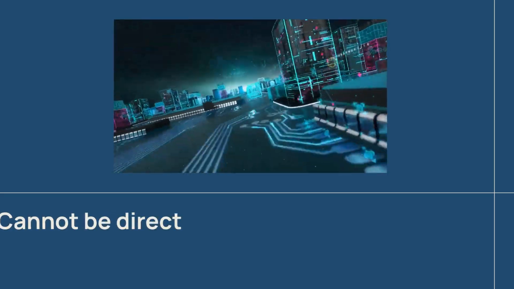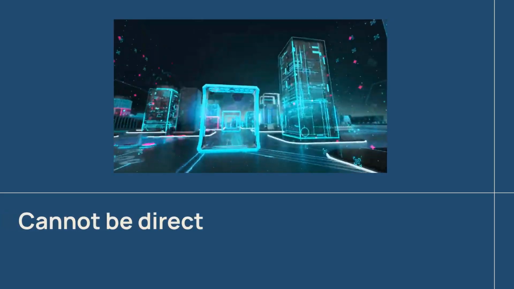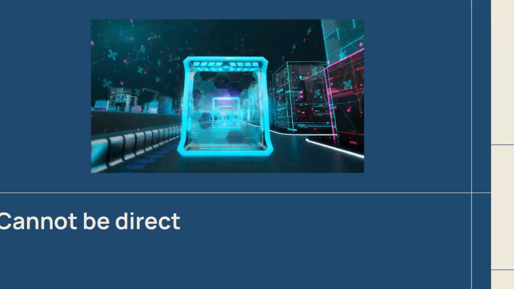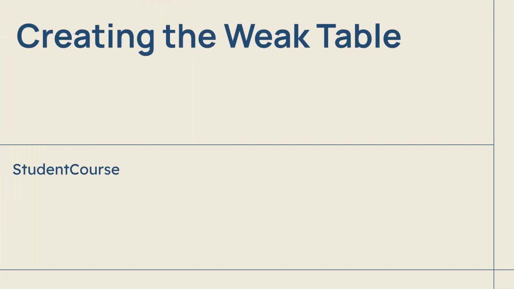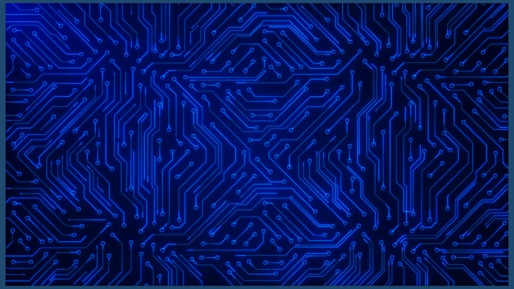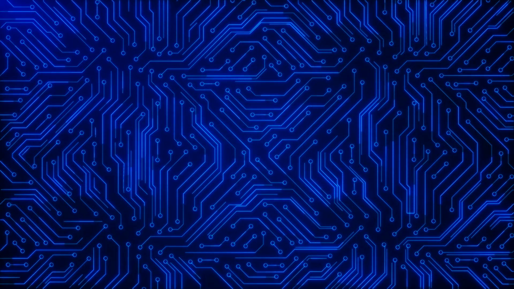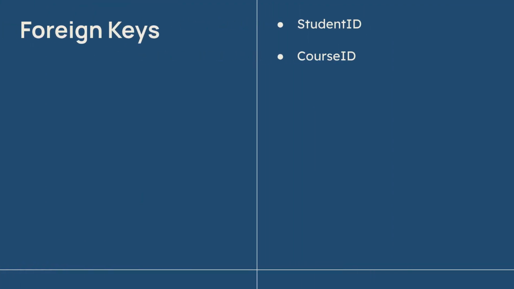Crucially, a many-to-many relationship cannot be represented directly in a relational database. Instead, it requires an intermediary. To solve this, the MN relationship becomes a new, weak table, which connects the two related entities. This new table, let's call it student-course, logically sits between the original student and course entities. The student-course table must contain foreign keys. Specifically, two foreign keys are introduced, one referring to the primary key of the student table and another to the